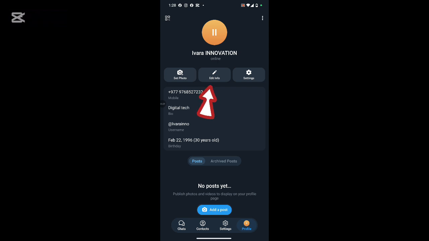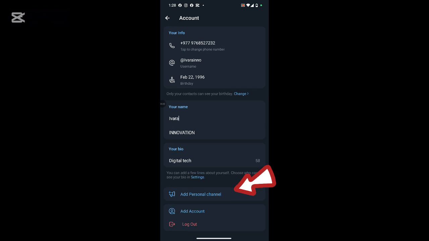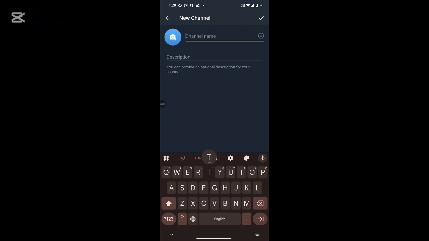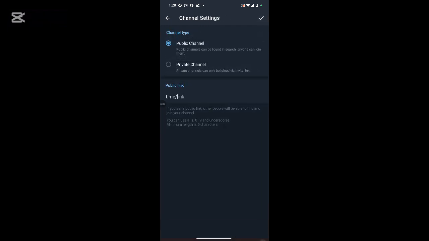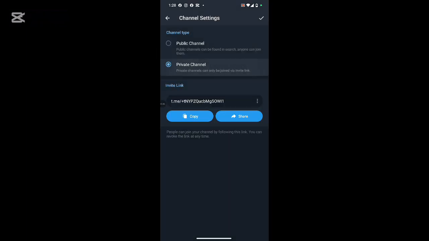Now tap on Add Personal Channel option. Click on Start a Channel. Tap on Create Channel at the bottom of the page. Enter your channel name and tap on the tick mark icon. Select whether you would like to create a public or private channel and tap on the tick mark icon once again. Once you do that, you'll be able to create or start a channel on Telegram account quickly and easily